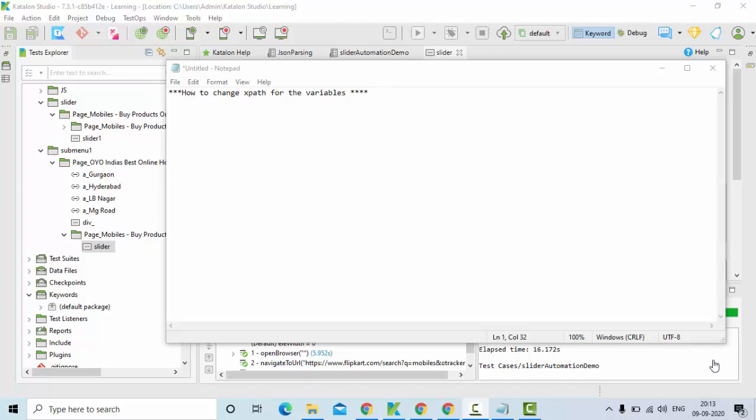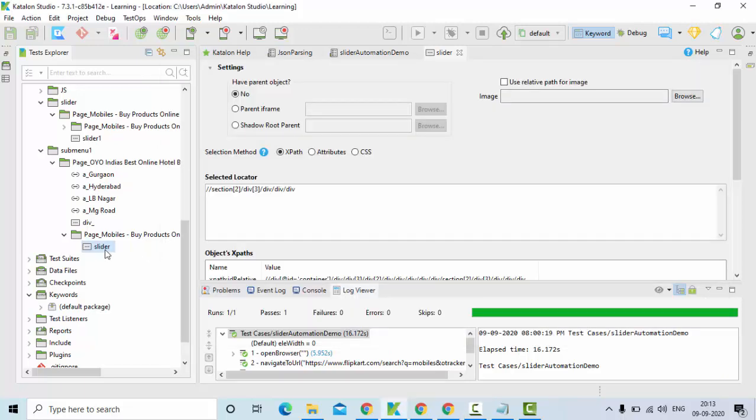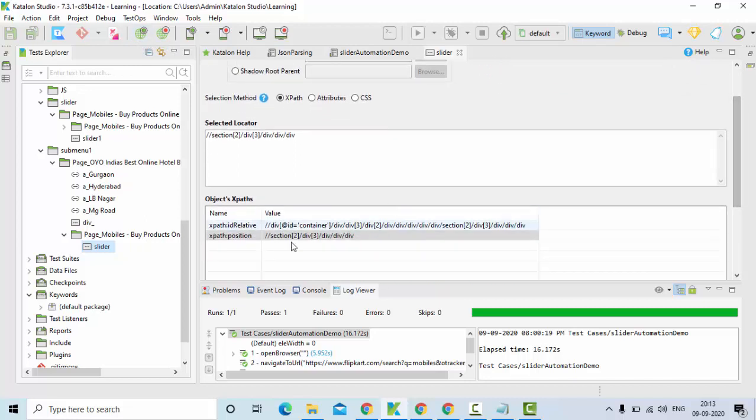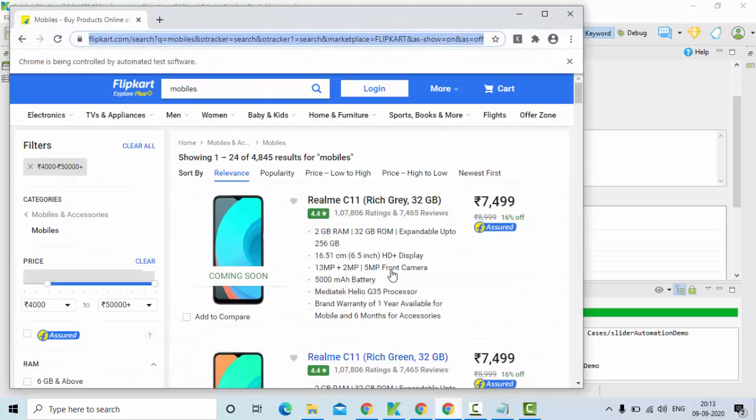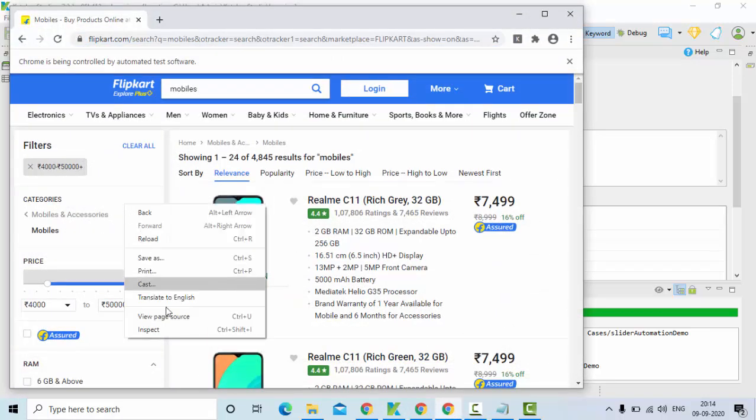So today a very small topic: how to change the XPath of the variables. Let's say I have this variable where Katalon, I have used Spy Web to identify the elements, and I got these variables. Okay, and the variable suggestions are like position and relative. So if I take something like this, which is going to be very big, and what happens is